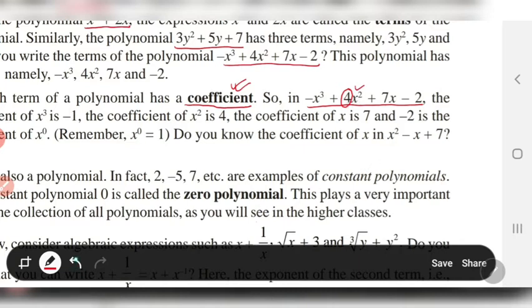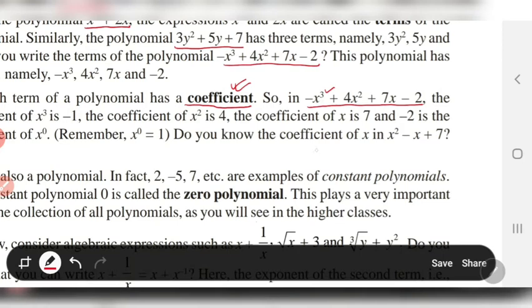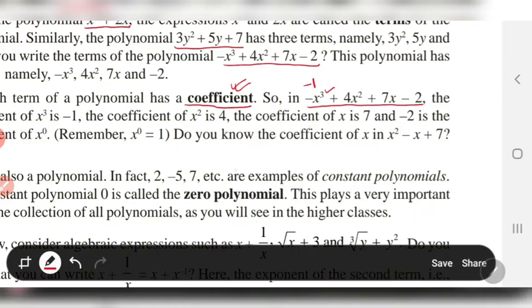I hope this point is clear. Next you see, if they ask what is the coefficient of x cube, again you check whether any number is in front of x cube. If there is no number, you take it as minus 1. Since minus is there, you take it as minus 1. So what will be the coefficient of x cube? That will be minus 1. Okay children,